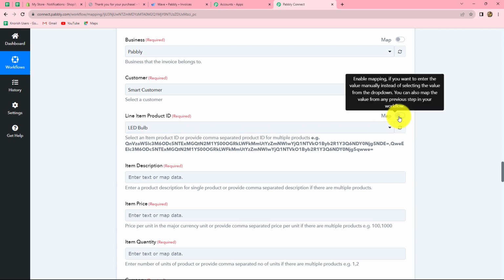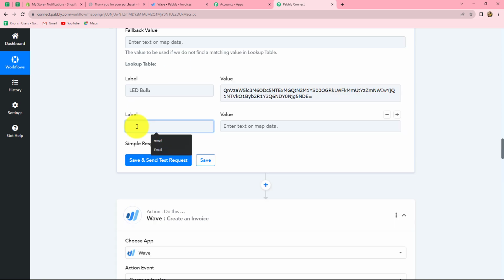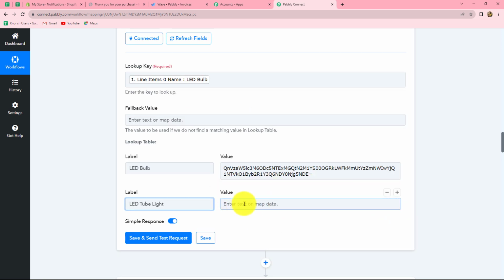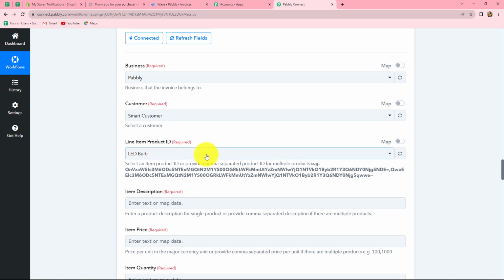And now in this label, we are going to add the name of one more item. So let us turn this off, and from the drop down we can find that LED tube light is another product which we have in Shopify also. So in the label we are going to enter LED tube light, the name of the product. And now in the value field we are going to add the ID of the product, that is LED tube light. So let's scroll down and then we will select LED tube light from the drop down,